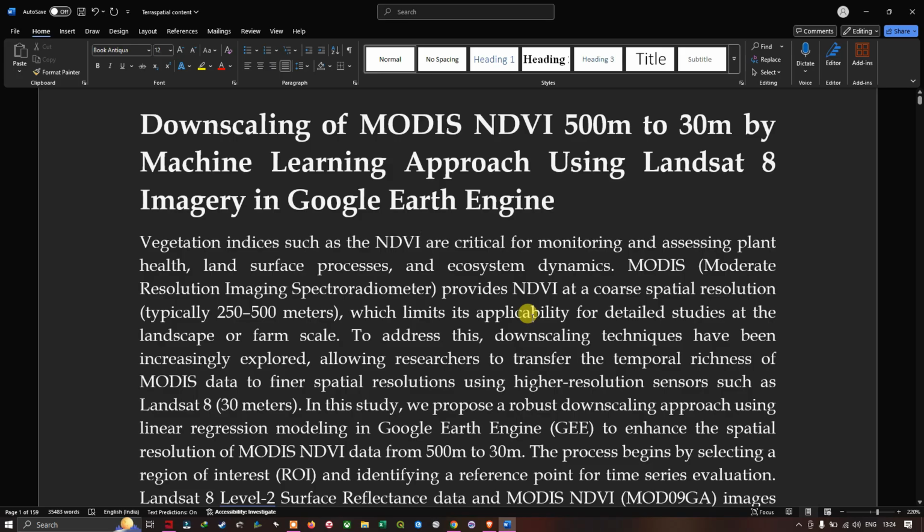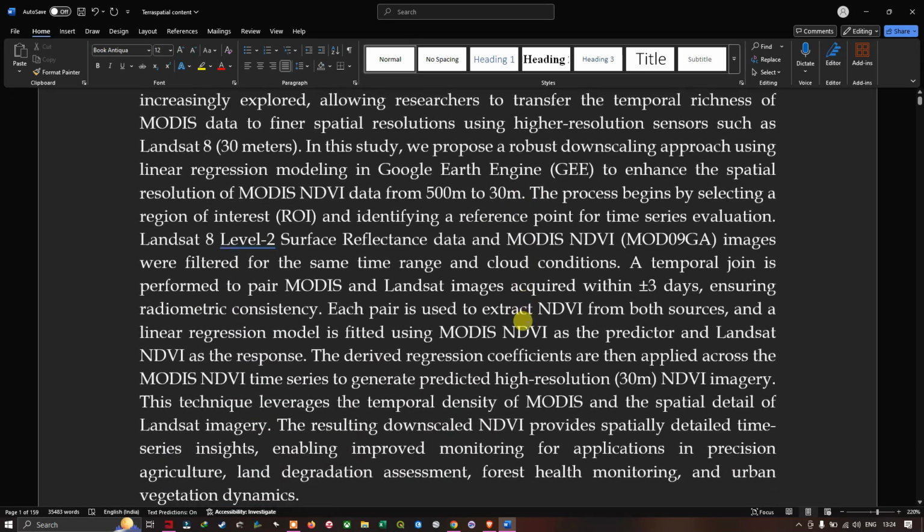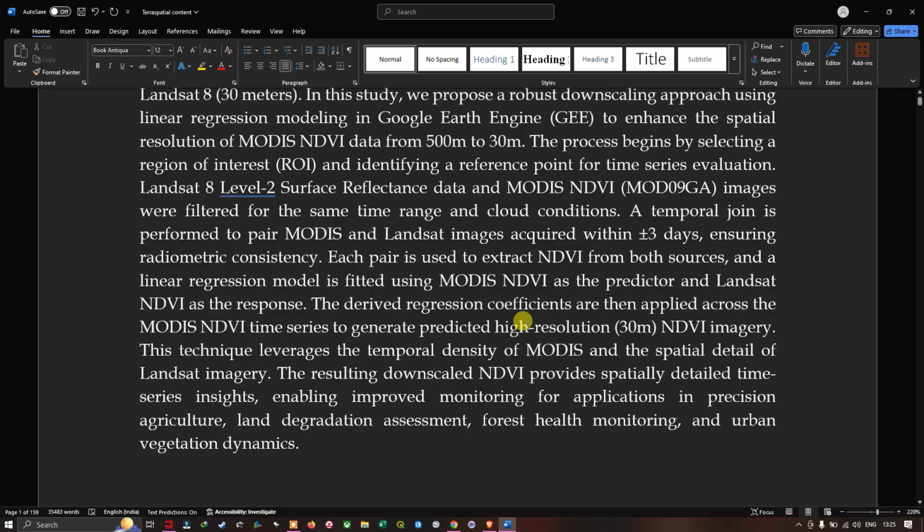In this study, we propose a robust downscaling approach using linear regression modeling in Earth Engine to enhance the spatial resolution of MODIS NDVI data from 500 meters to 30 meters. The process begins by selecting our region of interest and identifying a reference point for time series analysis. The Landsat 8 Level 2 surface reflectance data and MODIS NDVI images were filtered for the same time range, and cloud conditions were applied. Later, a temporal join is performed to pair MODIS and Landsat 8 imagery acquired within 3 days, ensuring